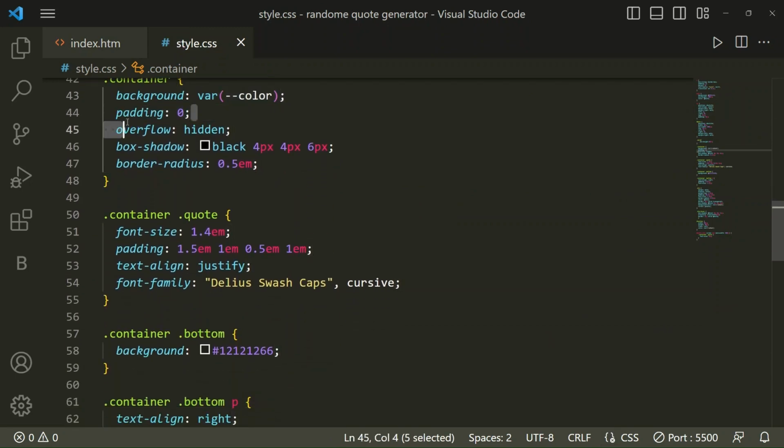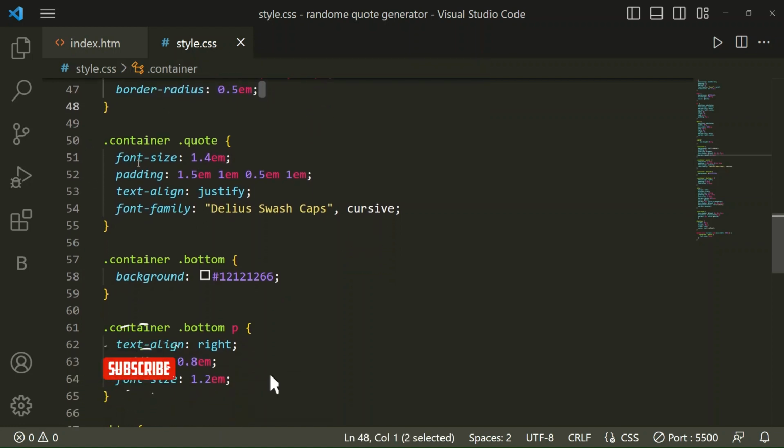Now padding 0, overflow hidden, a black box shadow of 4 pixel and 6 pixel, and a border radius of 0.5em.